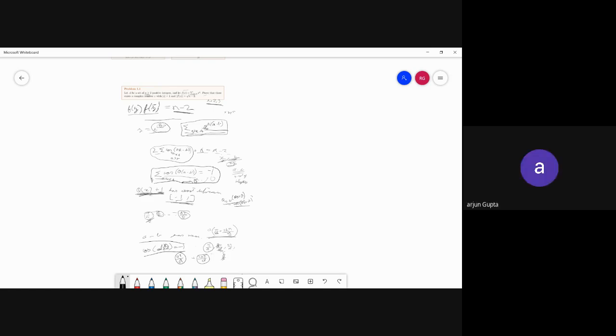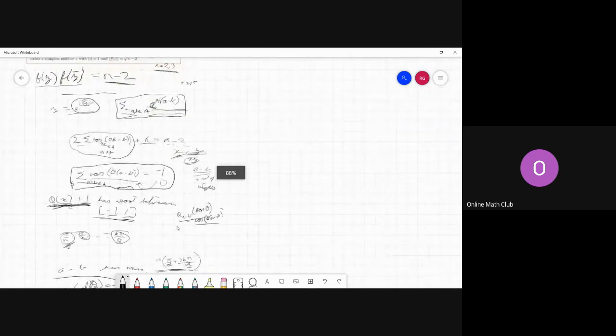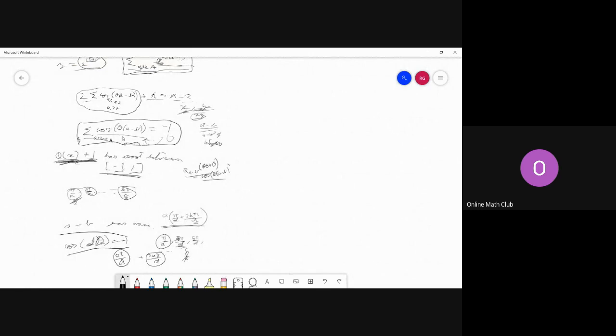Why will it go below -1? Because one thing we have fixed at -1, and the others are averaging to 0. Why do the others average to 0? That's the whole remaining argument that we did. If d was the maximum difference in a minus b, our theta would take values pi by d plus 2k pi by d for k's. So now just sum over cos of these.